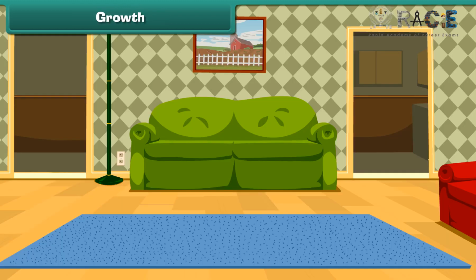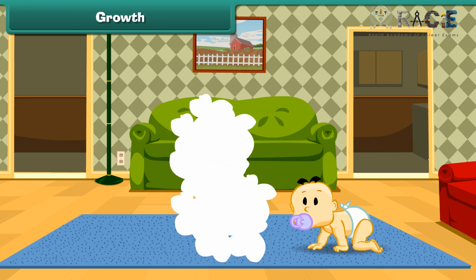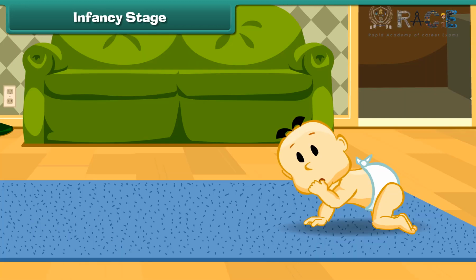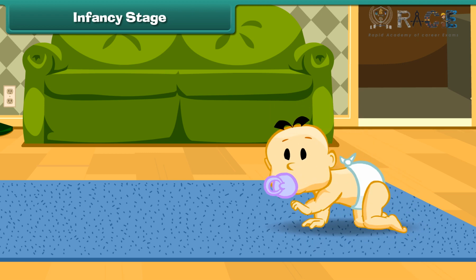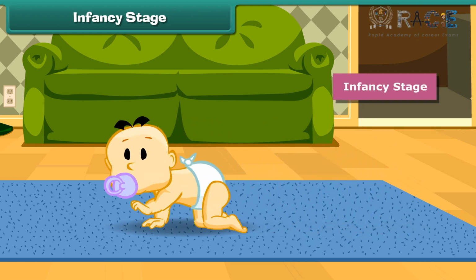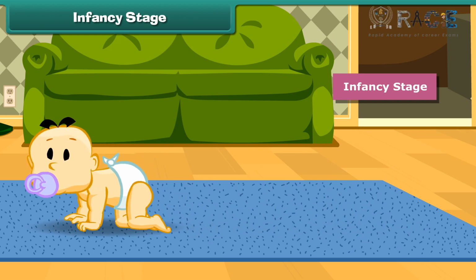As we know, every living thing usually increases in its size. This increment of length or mass, weight, is called growth. Dear friends, do you see the girl in here? She is Moni. Do you know that she can crawl but she cannot walk? This is called infancy stage.